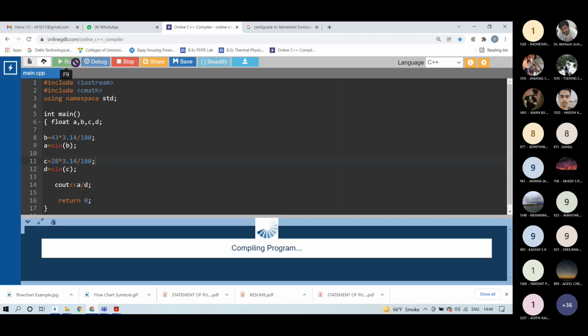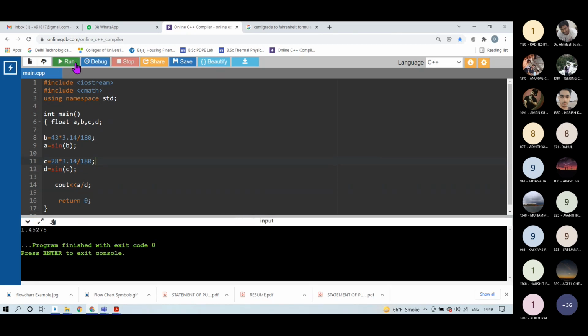I don't know whether it will show. Yes, now it is giving 1.45278. So this is basically the refractive index of that particular material. What I have done in line 8 and line 11, you can see, I have converted that angle into radians first.